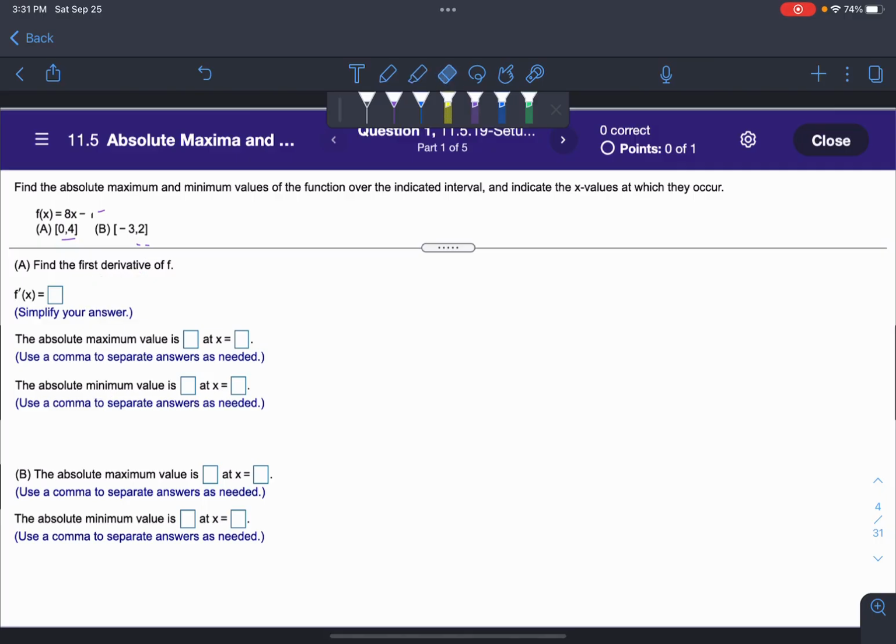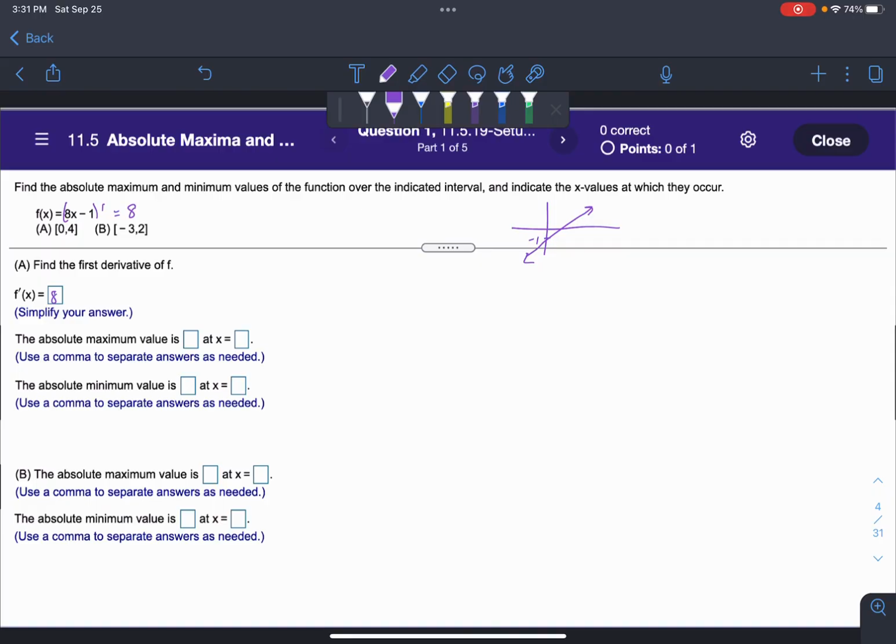So the first thing that is suggested, and anyway you should find, is our first derivative, which is kind of convenient here because our function is a straight line. It has a y-intercept of -1 and a slope of 8, so it's a line. So then that means that it has a constant derivative, right? If we did the derivative of this, it would just be the derivative of 8x, which is just 8, plus the derivative of -1, which is 0. So our derivative is just 8,